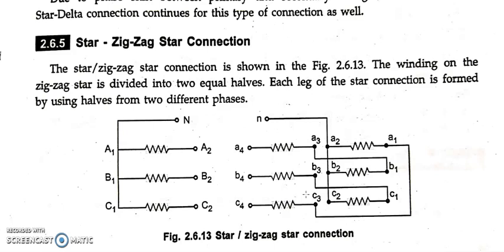So this is mainly used for grounding purposes. Also, the DC magnetizing component existing due to irregular firing angles is eliminated by using the star zigzag star connection. Basically, this type of transformer is used to provide grounding as well as to reduce the harmonics caused by other components of the power system.